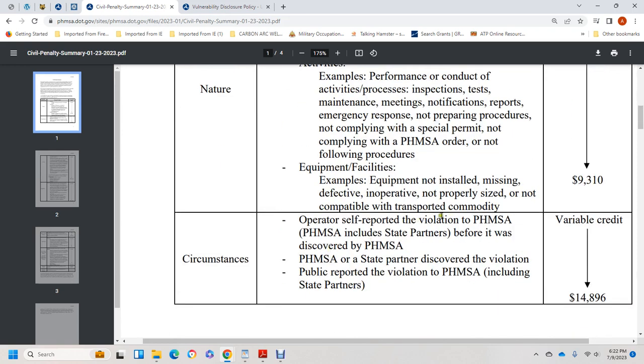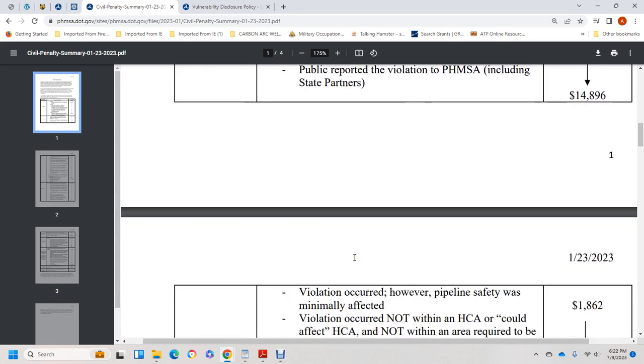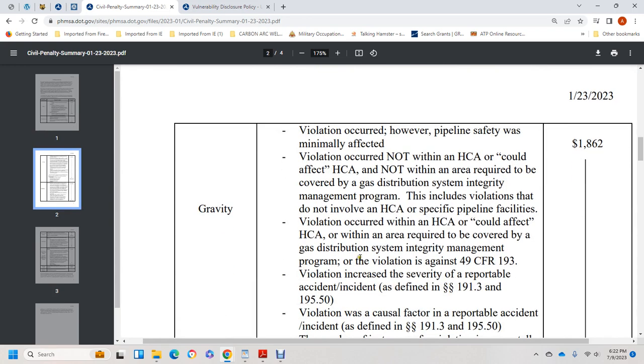Circumstances: the operator self-reported the violation to PHMSA or PHMSA's state partners before it was discovered by PHMSA; PHMSA and a state partner discovered the violation; or a public report of the violation to PHMSA or state partners. Variable credit applies, and that goes up to $14,896. And gravity: the violation occurred